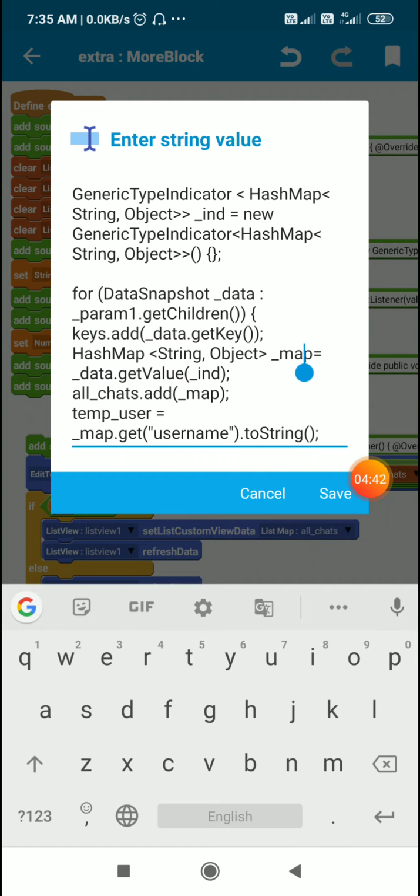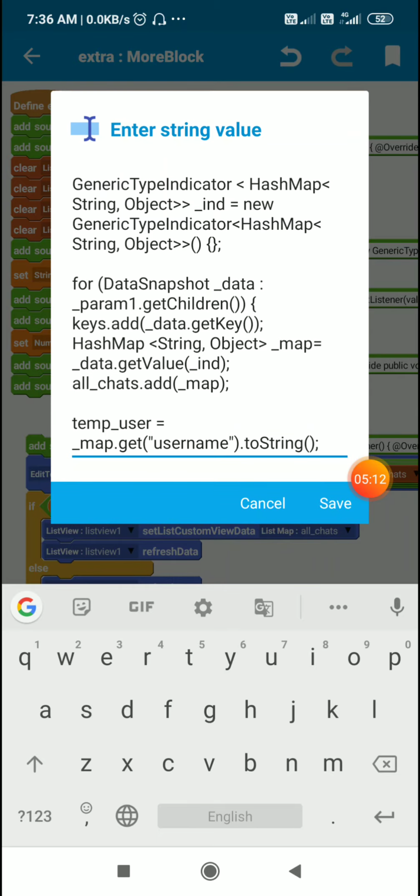Then I define underscore map as equal to underscore data dot get value underscore ind, means from data get the value in type map variable. That will create this map variable underscore map. I add this underscore map to the list map all chats. So keys will be a list of post IDs and all chats will be a list of all the chats.